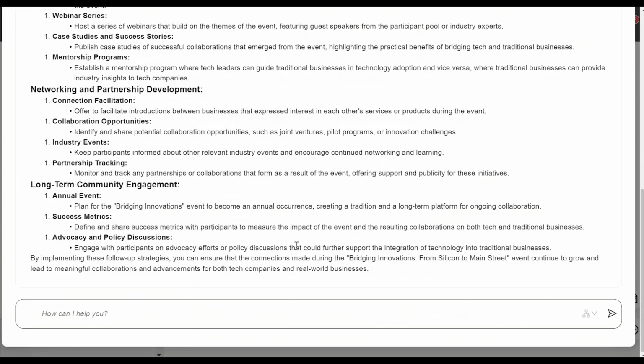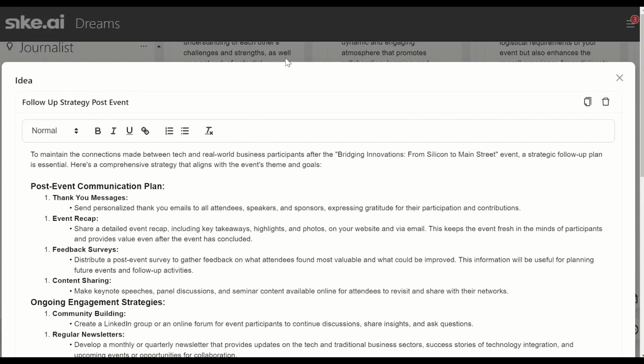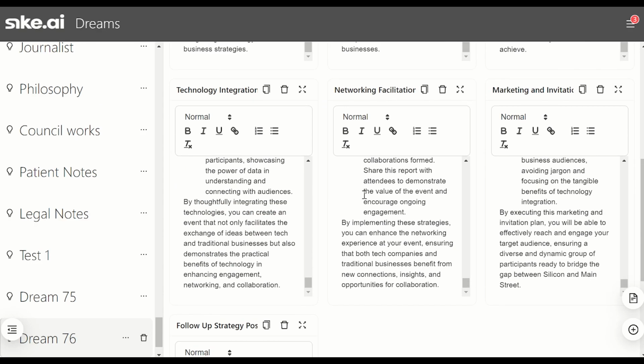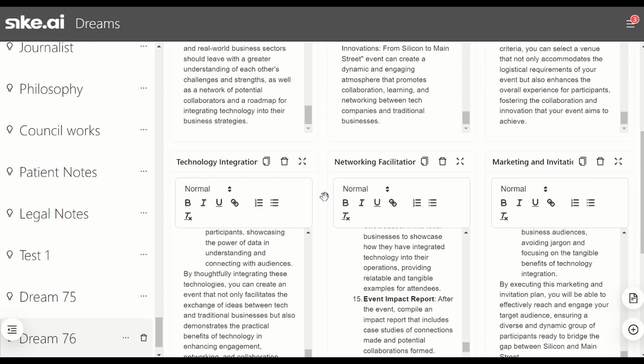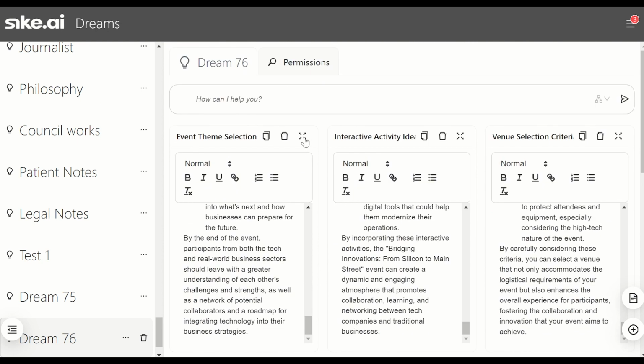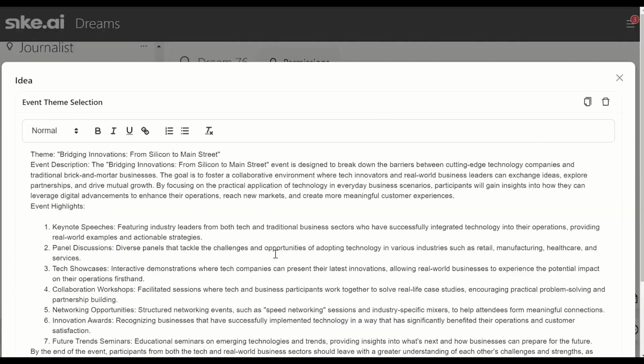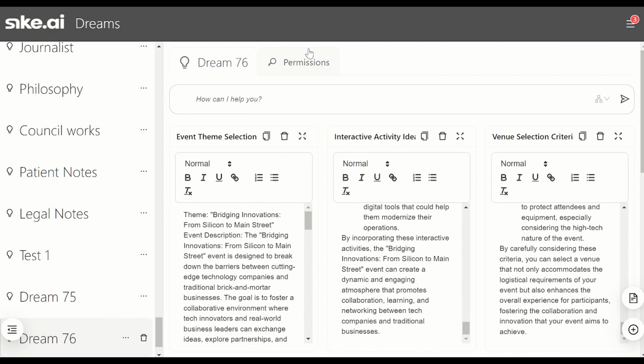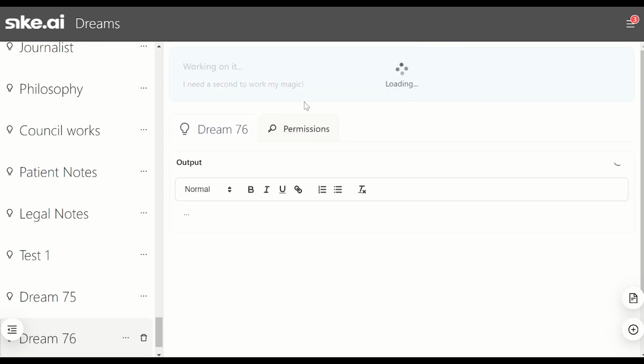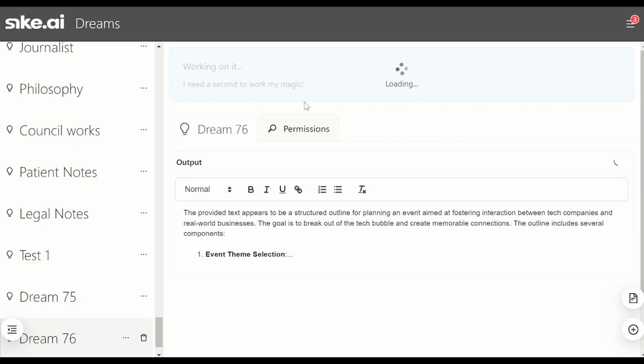First up, we can expand on these notes to see what's inside. We can check out a few of the other notes either just at a glance or expanding on them too. And then we can ask a query. Firstly, we'll check out what this event is all about. In answering this question, SIKE will respond based on what's in these expanded notes.